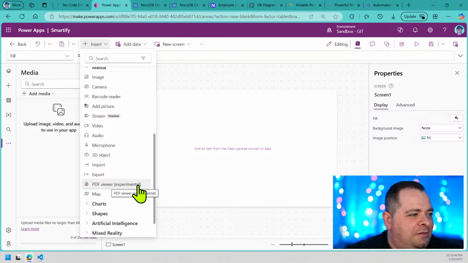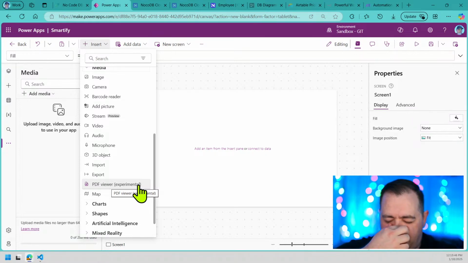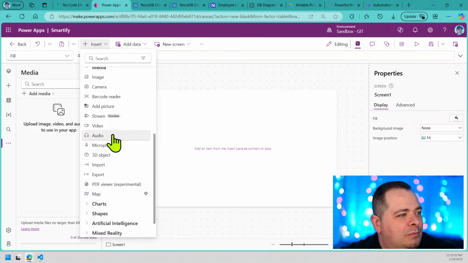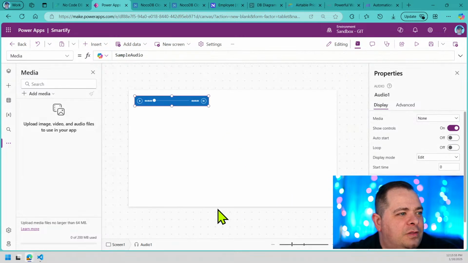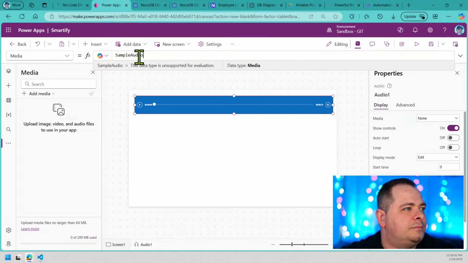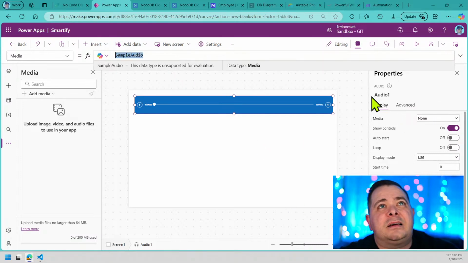And we've got the PDF viewer. I think this PDF viewer has been there for years and it's always been experimental, unless I'm mistaken, which does happen from time to time. But yeah, you want this audio. What is this audio control going to do for us? Well, it can play something here. And then you go into the media. And I tell you what,